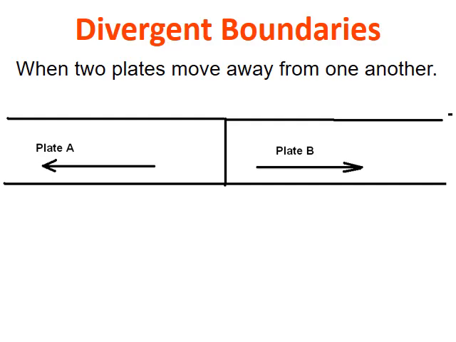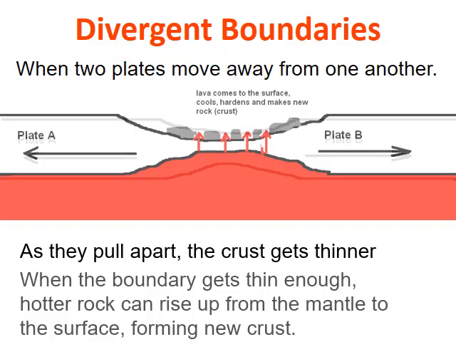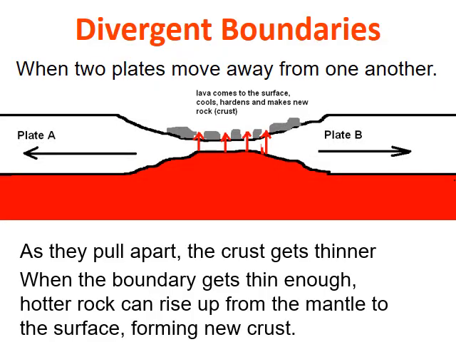Now, when plates move apart, they're together and they're starting to move apart, they're going to get thinner. Think about taking a piece of bubble gum or a piece of taffy and you're pulling it apart. It gets that really thin part in the middle. Well, what's under these plates is magma. It's those gooey rocks from the mantle. And when the plates get thin, the magma can pop up in between. It can eat its way through that thin part. So we get volcanoes here, and then the volcanoes spit up new rock and the rock hardens. So we get new crust being formed